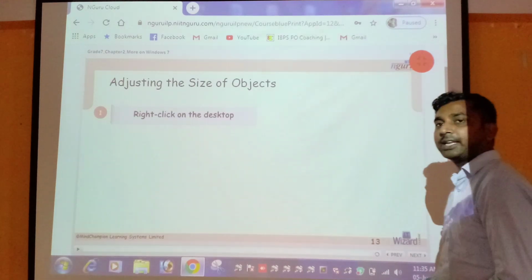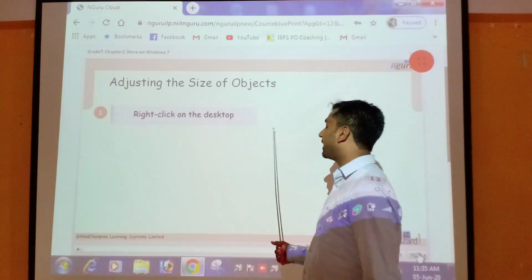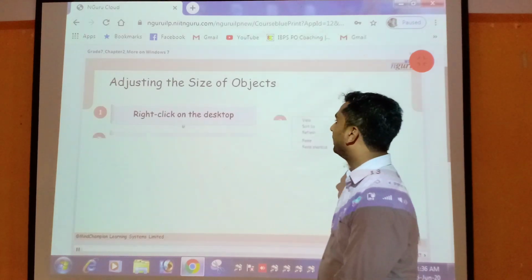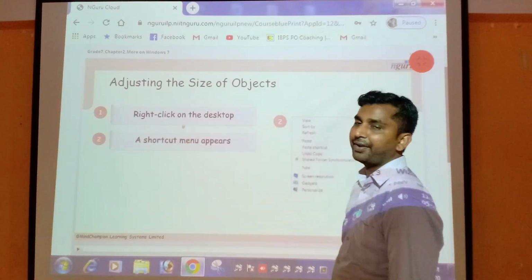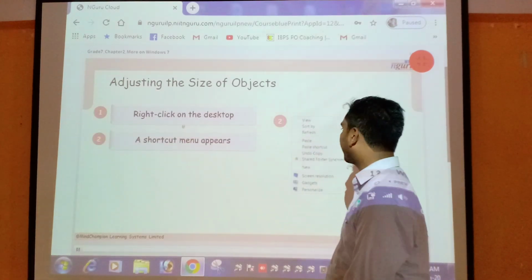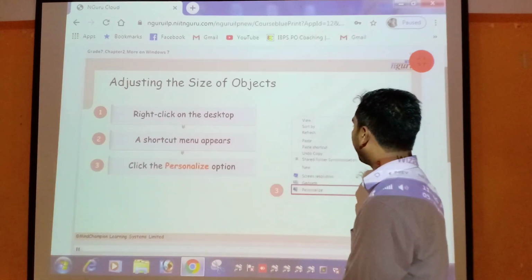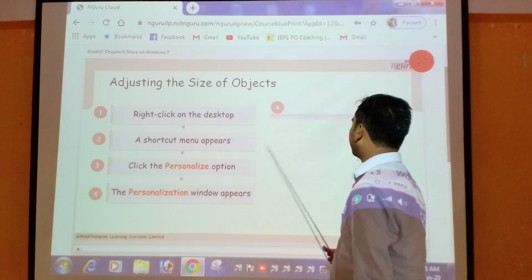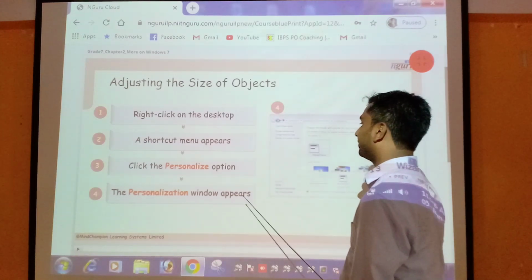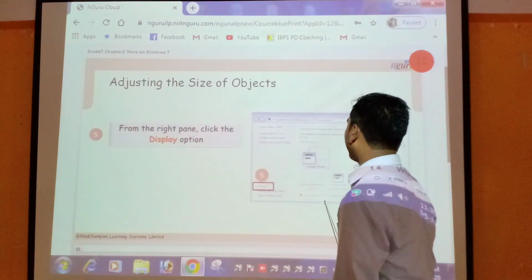First of all, right click on desktop. The shortcut menu appears on the screen. After that, click on personalize option. After that, the personalize window appears on the screen.